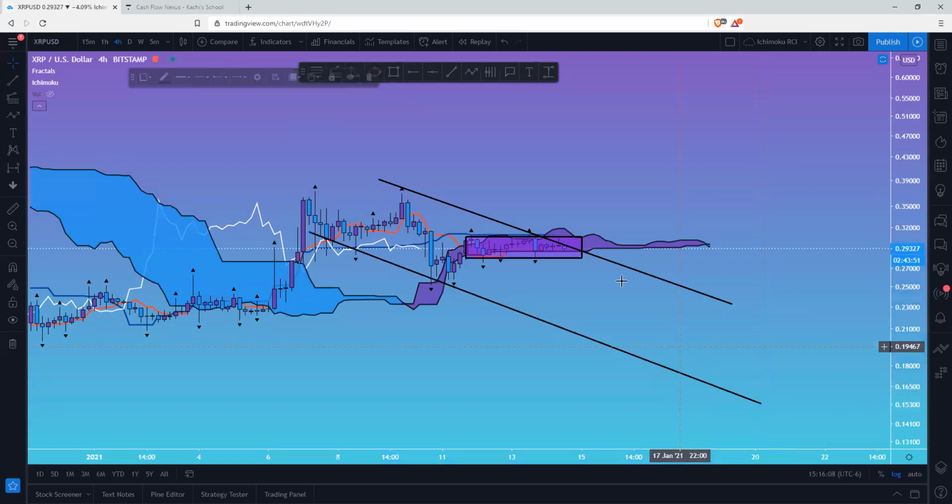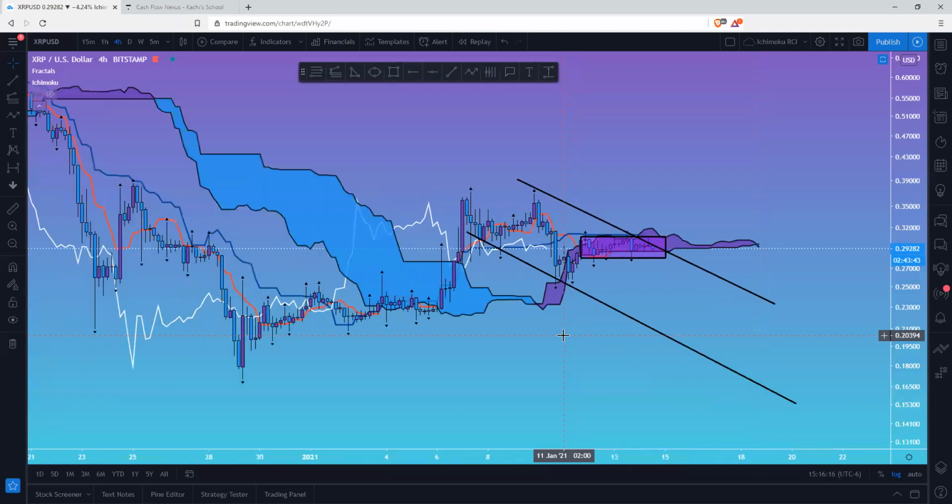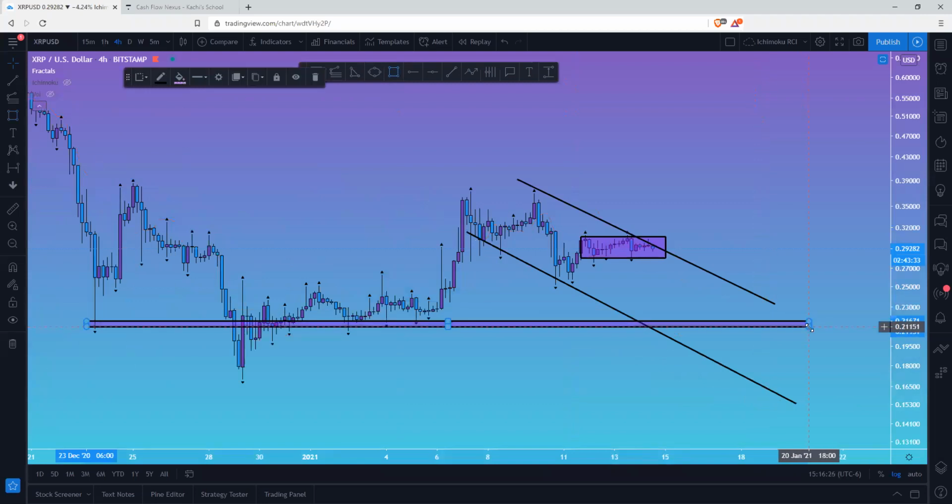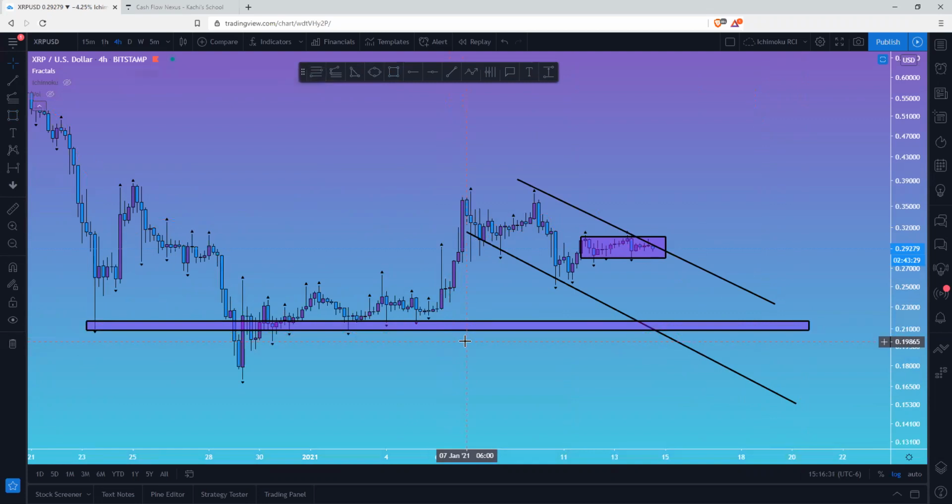We could actually start moving lower here, maybe bounce up, move lower, or come straight down, which will take us to 20 cents. Yep, that would take us down to 21 to 20 cents if we come back down to here,